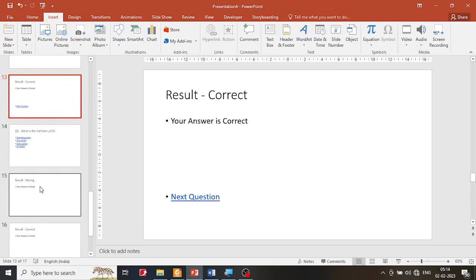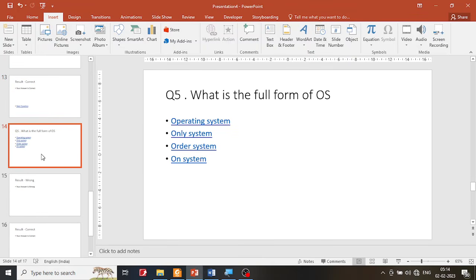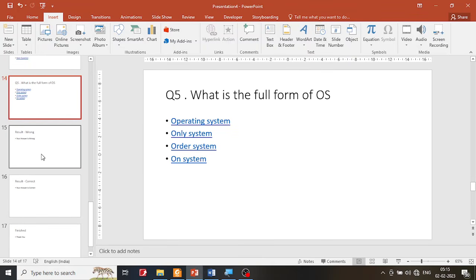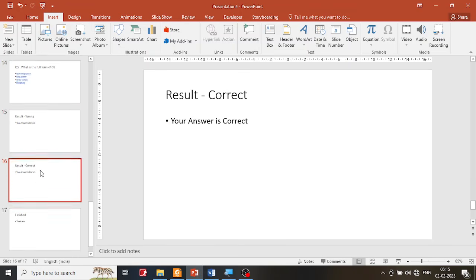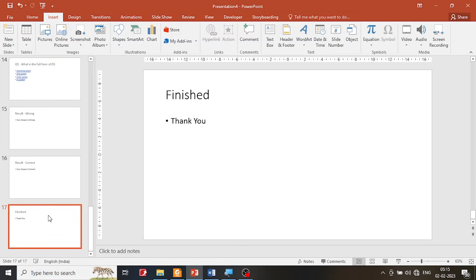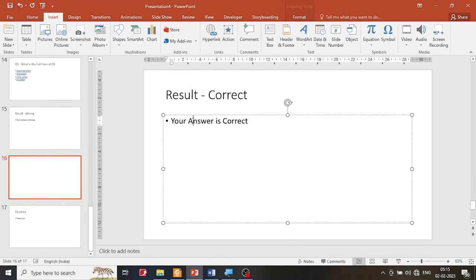What about the last question? Now, the last question has a small problem. If you look at this, wrong and right, both of them will terminate the quiz. So let me go to the correct answer here. Now I cannot paste this one because there is no next question. Okay, what you have here is